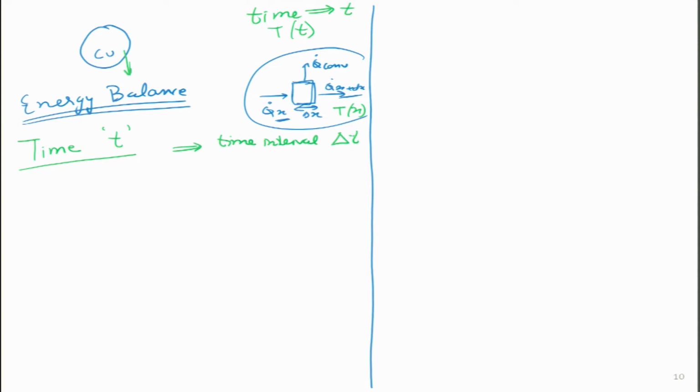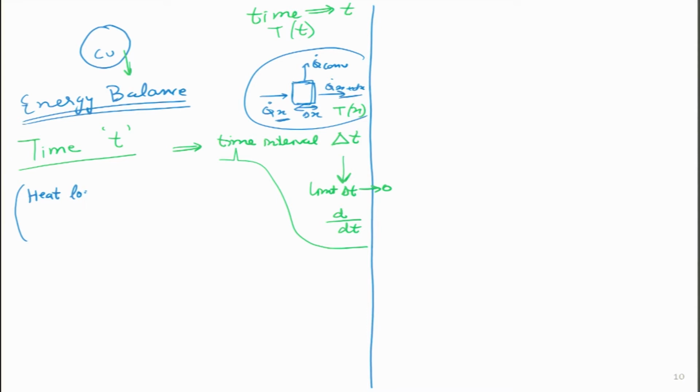And I hope many of you will now realize what I am trying to do is, I will then take the limit that as delta t goes to 0, then things will turn into a differential form, something d by dt. So this is the technique that we are going to use today over here. Now how do I do energy balance in time t? Let us try and do that. So we will write the first term on the left hand side as that as soon as the time t starts over there, then in the next delta t time, how much heat is lost by the copper ball. So let me write it down in words so that it becomes clear to all the students.